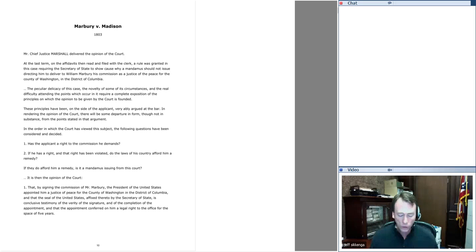In fact, there's a case winding its way up that we don't hear much about anymore, up through the federal system to the Supreme Court in 1803, called Stewart v. Laird. At the time, most people thought, boy, that's really the politically charged case, because it had to do with whether or not the repeal of the Judiciary Act was itself constitutional. And if the Supreme Court sides against the Republicans in Stewart v. Laird, all hell could break loose for the court. Who knows what could happen? They could completely wipe out all funding. They could kick it out of its building. No one knows what's going to happen.